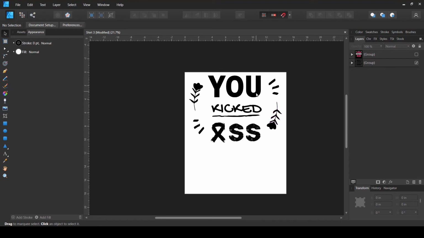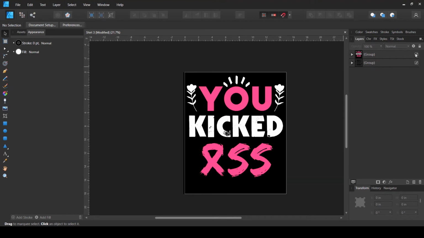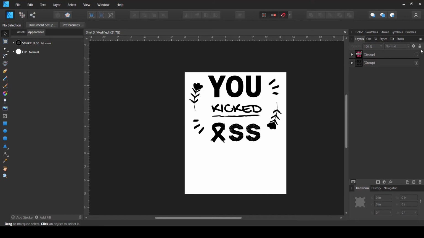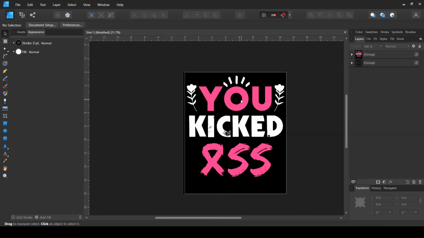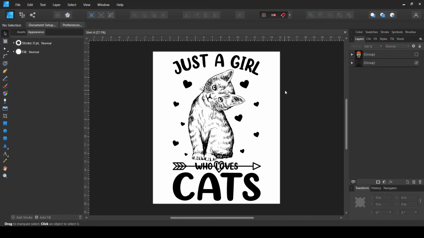I'm not saying that this is a bad design. This is already a good design, and for some people this might be a better design as compared to the one that I have just edited. But for me, the first thing is that it covers more space in this area, and in my point of view it has more appeal because of the colors and the fonts that I've chosen and the position of the flowers and other design elements. So this is from the second set, the ones with the cats.